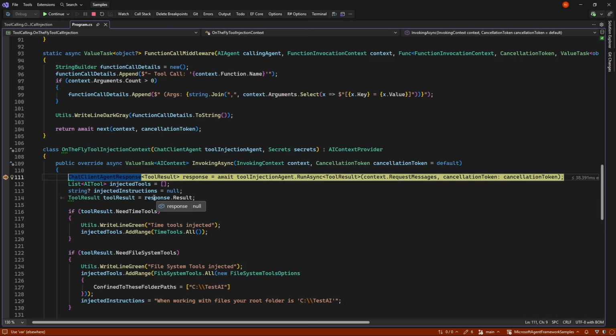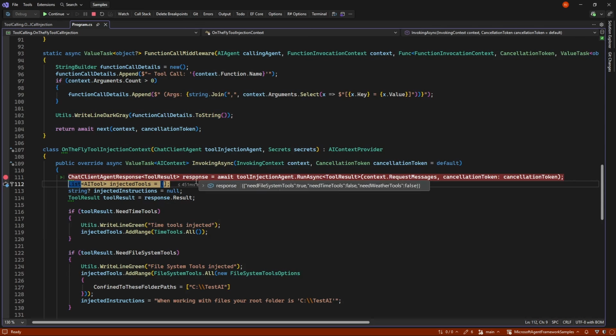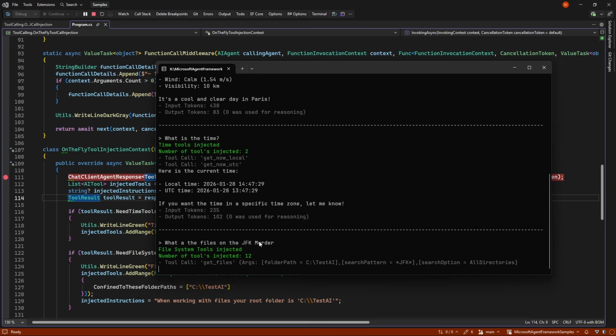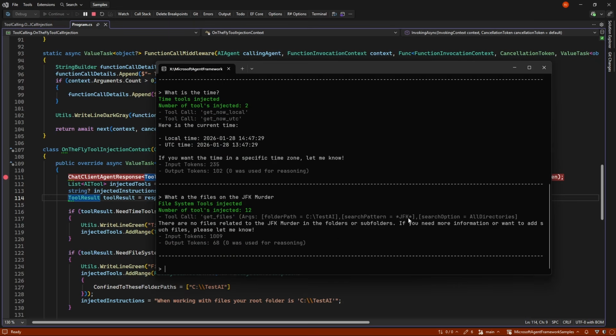We do that, we will see probably that it thinks it needs file tools because it cannot know what files it is. It's not like it's trying to find some files on JFK, but that's okay. But in this case, that is not what we want, of course.